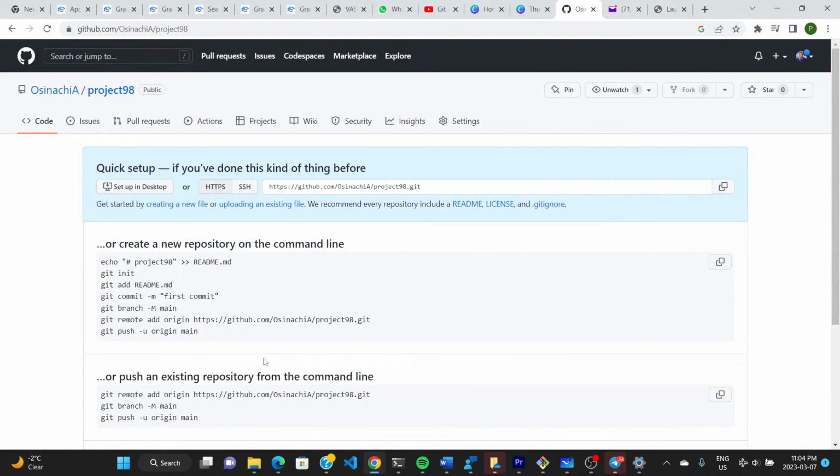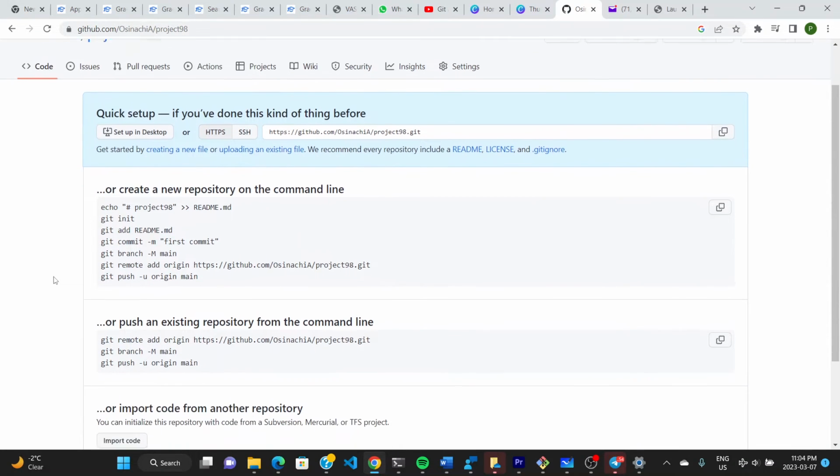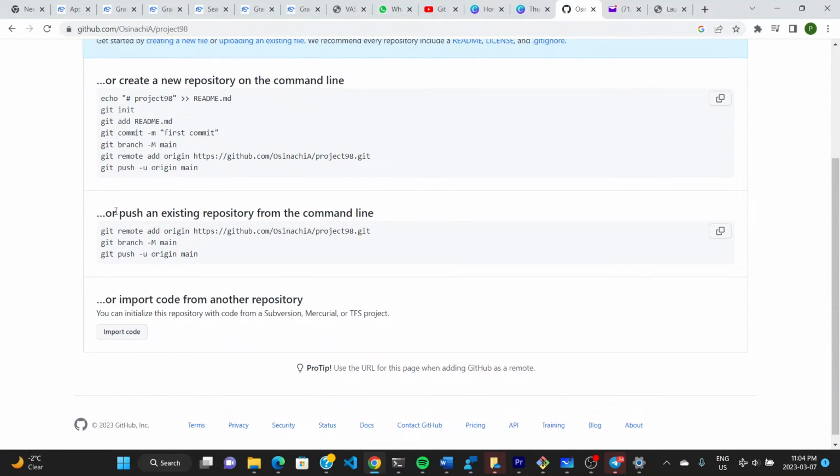And now our repo is created right here. And now it's created, you can see right here that it gives you a few lines of code to automate the process of linking Git to the repository. So what we'll do simply is to go back to our